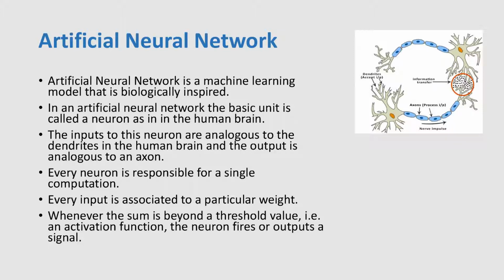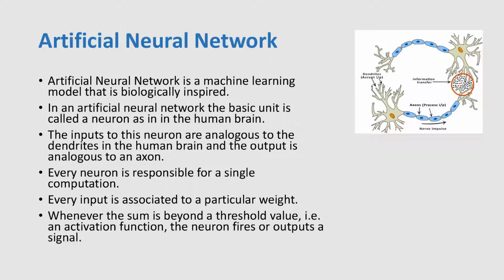In my project, I'll be using artificial neural networks. Artificial neural network is something that is inspired from biology. Our human brains have a neuron. Our brain cells are basically neurons which have dendrites coming in and axons going out. In a similar way, an artificial neural network has a neuron and it has inputs coming in and outputs going out.